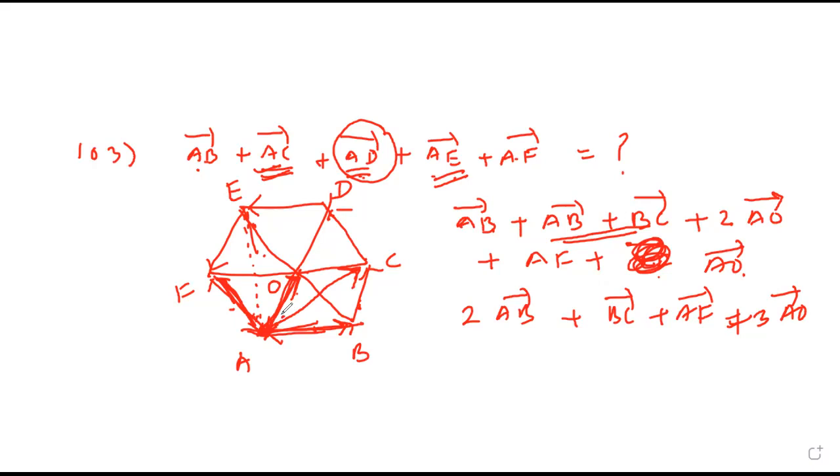Opposite sides are parallel. So, one second here. So this will be twice AB. The AF will also be twice. AF will be twice. One of AE, AO, and AF plus AF. AB twice AB, BC, then 3 AO. She is saying that we took AE bar and split it into two, no? AO plus AF, and there is also one more AF remaining. So one more AF will be added.